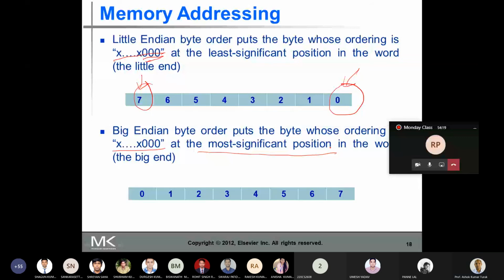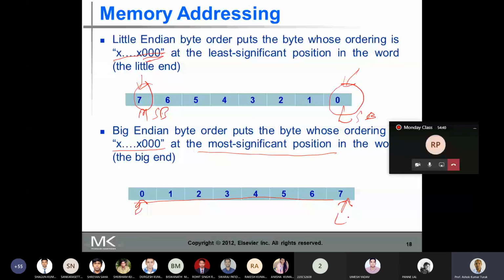So now this is my word, and this is the least significant position of my word. This is the most significant position. So here also this was the least significant byte, and here the most significant byte.